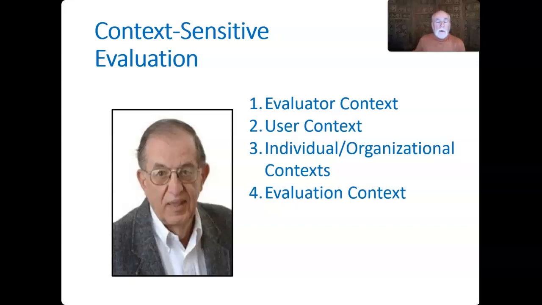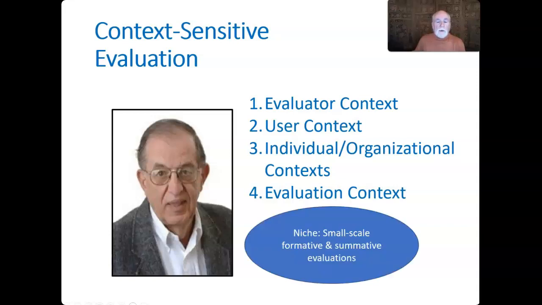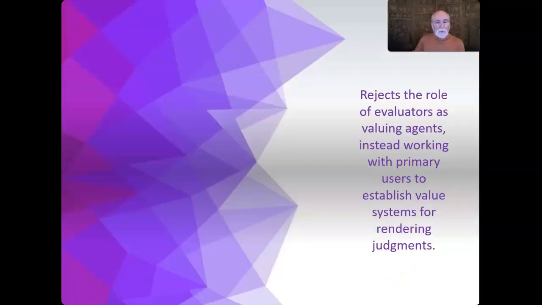Alkin is very clear about his niche. It is small-scale, formative, and summative evaluations. And while he has pulled together extensive research about use, that includes an approach to valuing that is quite specific. He rejects the role of evaluators as valuing agents. Instead, he works with primary users to establish value systems for rendering judgments, which makes valuing a primary user activity